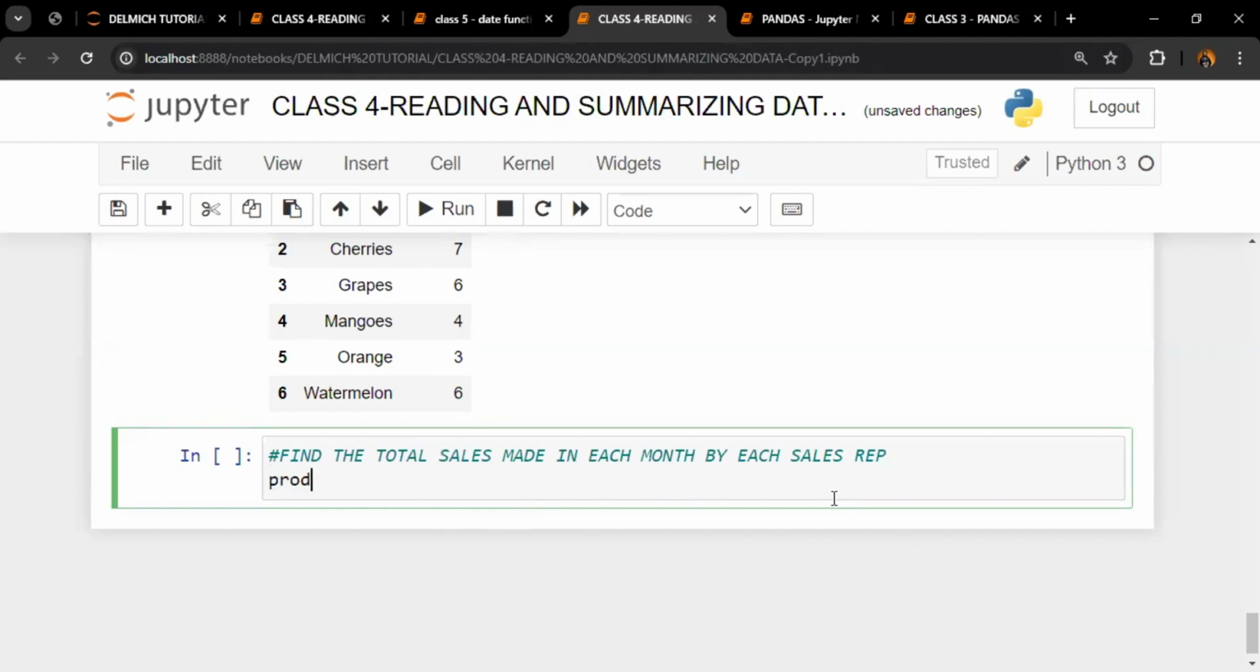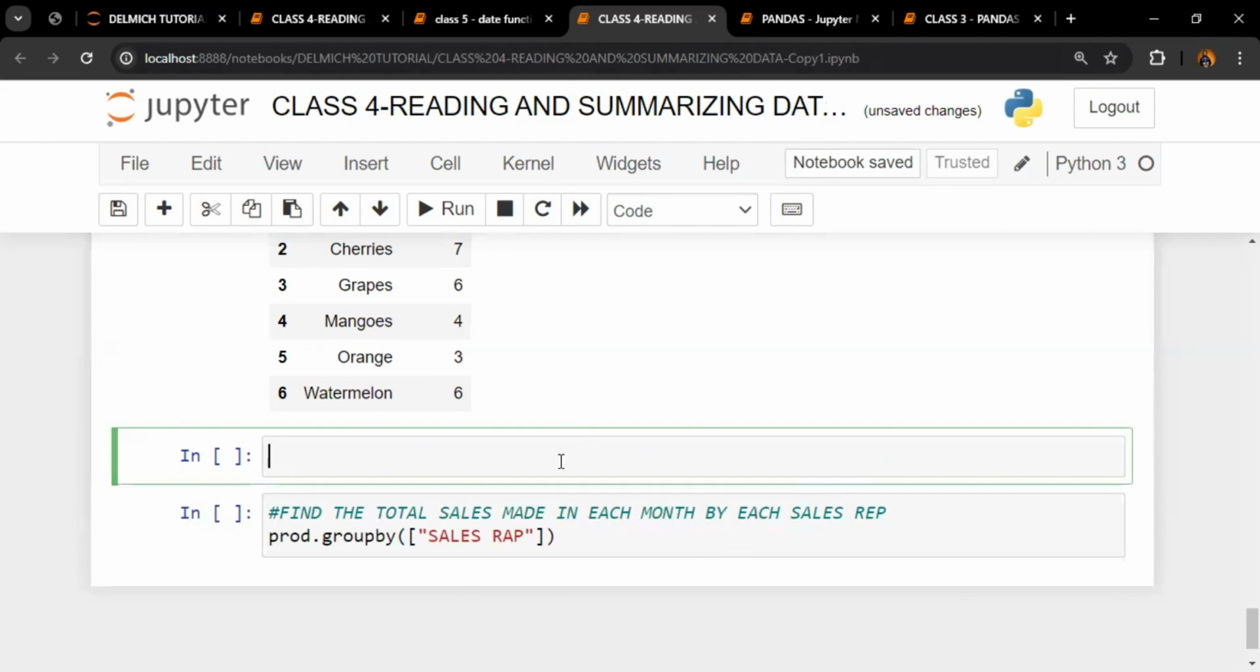If you want to see the whole rows, you can just try this function: product dot group by, pd dot set display maximum. So we are grouping by sales rep. The sales rep is not spelled properly, so let's change it to the correct spelling. If you want to rename a column,